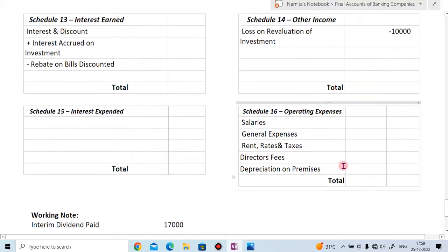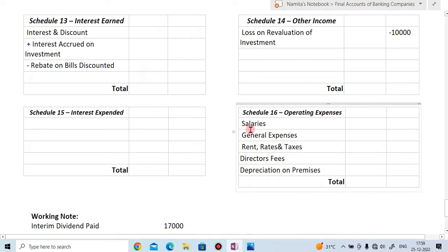Operating expenses. So here I have already written salary, general expenses, rent, rate, taxes and director fees. So write the amount. There are no adjustments. So write here the amount, 2,300, director fees,